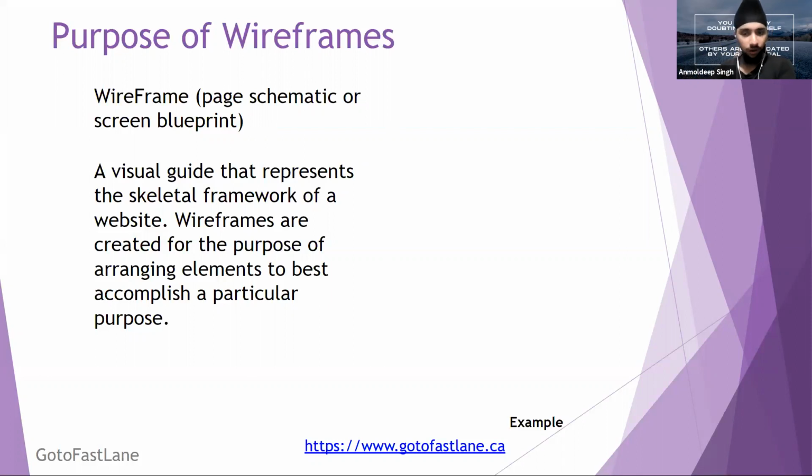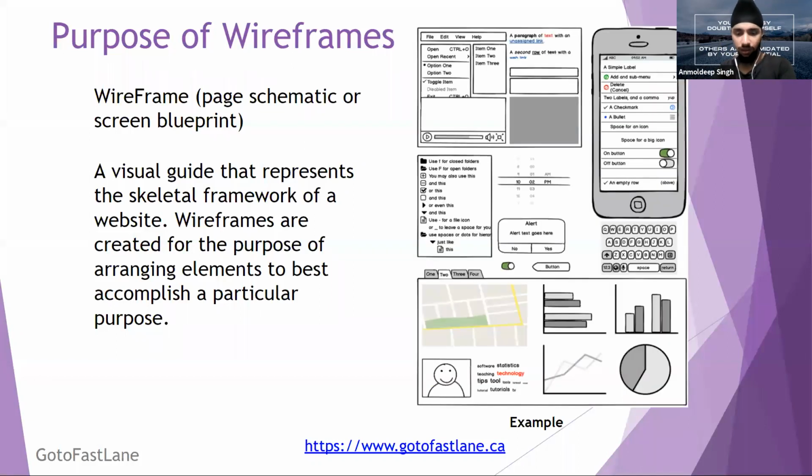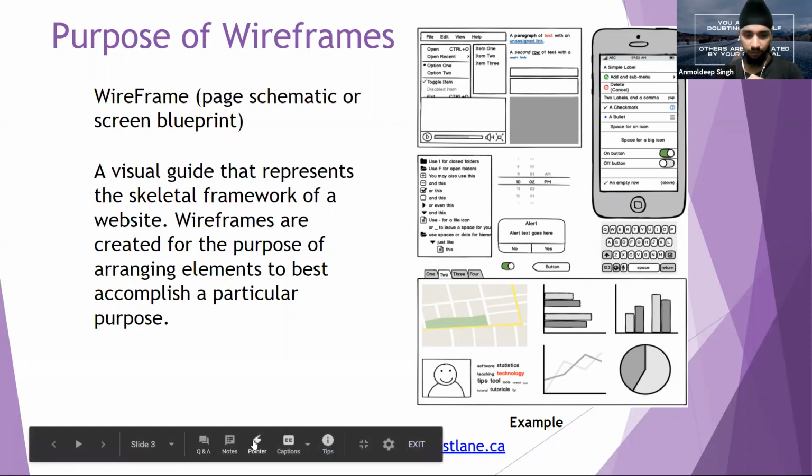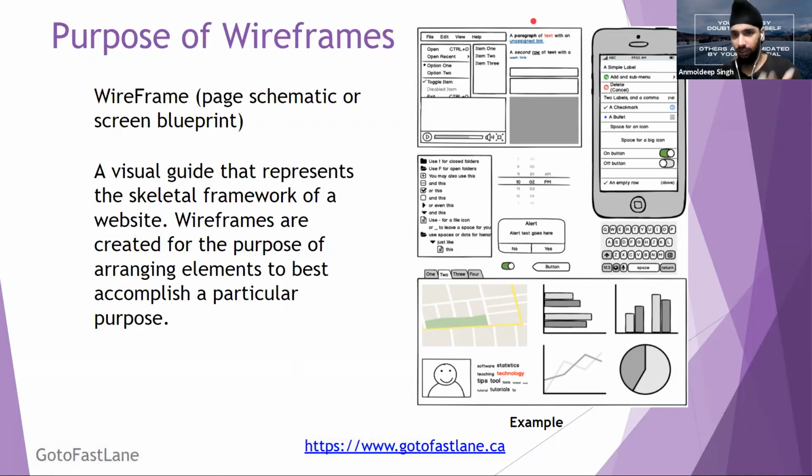Let's have an example of how wireframes look. So this is a small example of a wireframe. Above over here, if I can have a pointer, yes. Above here, this is a standard wireframe of, you can say, a simple software. For example, this area can be the Zoom chat area. This can be screen sharing elements. This can be from Microsoft Office Word or something. The menu bars and all that are usually made for standalone software. Then if we come over here, we can see this is a standard app layout we will be using for mobile app development.